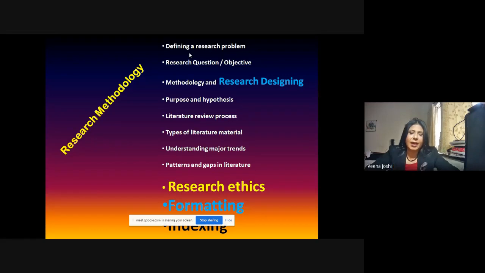Research is, COVID-19 is hitting the world now. All of a sudden it has arrived. Nobody was prepared for it, and we are struggling to solve the problem. So many things scientists are putting into it, from the pharmaceutical sector. And this is called research. One day is going to come when the virus is going to be overcome. So when we say defining a problem, if it is good research, it begins with defining a problem: what is the research question? Why is it happening like that?